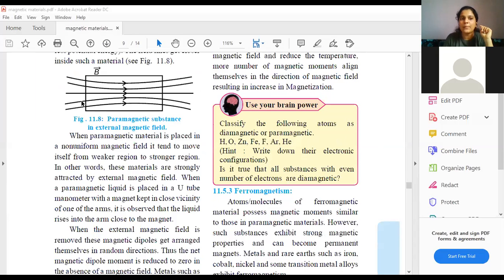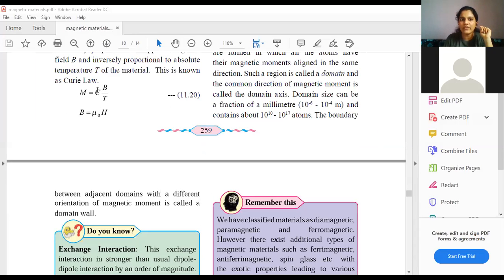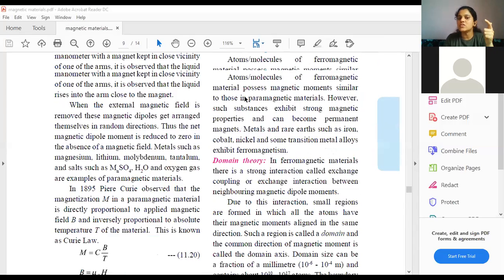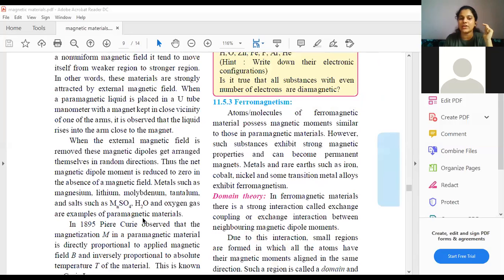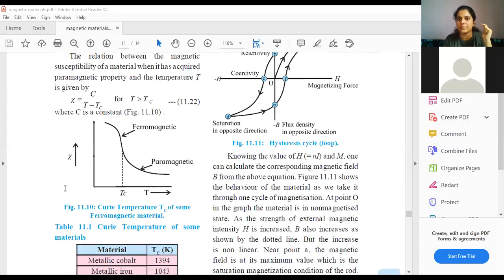See, in paramagnetism we started with this: magnetization is directly proportional to the magnetic field, inversely proportional to the temperature. And after solving, we obtained one conclusion, that susceptibility is inversely proportional to temperature. So let's get back to this graph again, the effect of temperature on ferromagnetic material. On the y-axis there is susceptibility, on the x-axis there is temperature, inversely proportional. You can see the curve, right? Here the curve is increasing and here it is decreasing because they have an inverse relation.